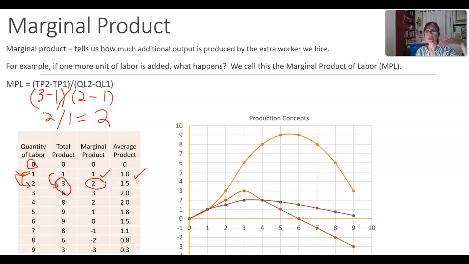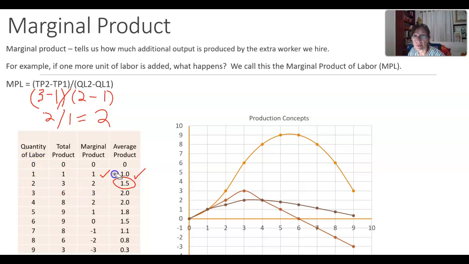What this tells us is that the second person added 2 Subway sandwiches to the process. One person alone was just doing 1 sandwich. Person number 2 comes in, and together they make 3 sandwiches. But that second person added 2 sandwiches to the process. On average, they are still making 1.5 sandwiches each. Now we're going to look at what happens to our marginal product if we add a